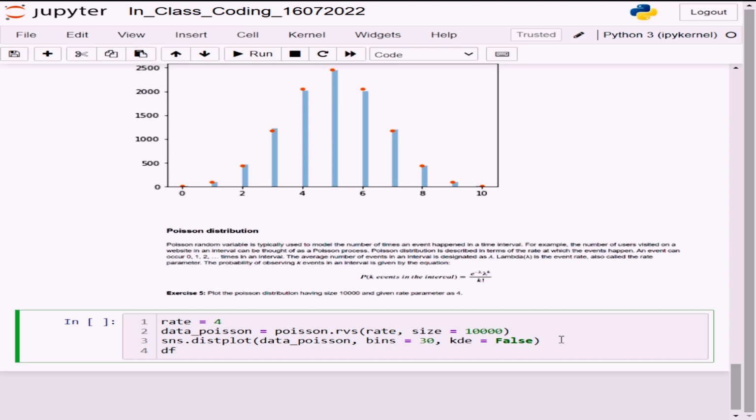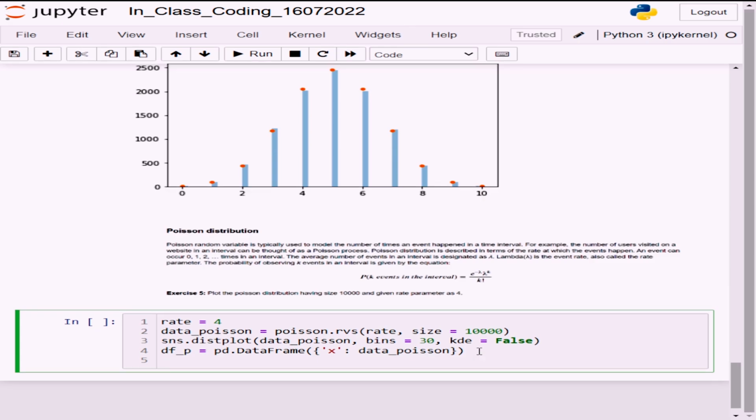So the df underscore p, standing for the poison, is nothing but the pd dot data frame. Same thing. What I will do here is go for x, and in the x you put data. Then create another new column to this. df underscore p, sorry, I have to add a column. So I need the variable name of that series which I'm adding, the new column name. So this should be equal to df p